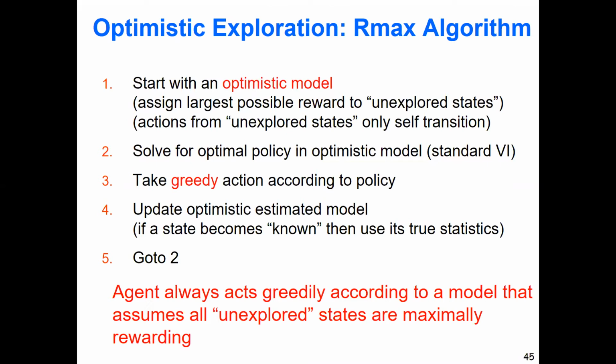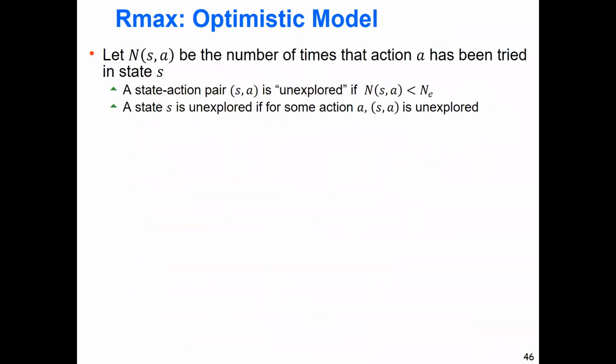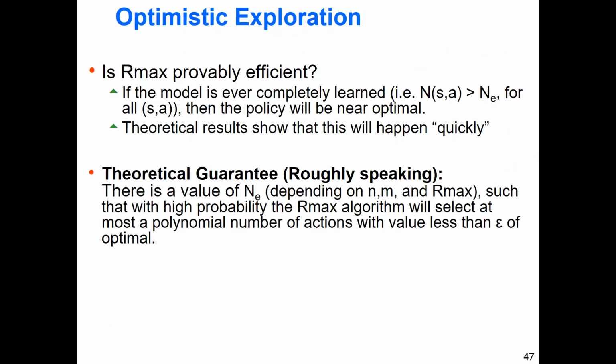If you don't get to France, that means your model was wrong, because you tried to get there, but you didn't. And you're going to learn something else about some part of your model. And so basically what the end theoretical result is that this type of algorithm, this particular one's called Rmax, the Rmax algorithm by Brafman and colleagues,